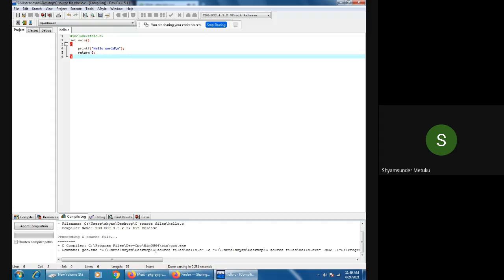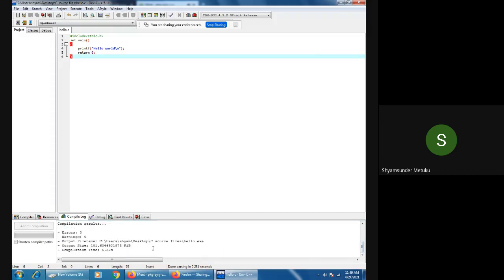The name is I think GCC compiler only used. When I say GCC compiler, int will be taken as 4 bytes. So here hello.exe is generated, you can see. So under the C source files, the moment I do the compilation, it is trying to follow through all the process. Editor means we have typed the program, then preprocessor is happened, compilation is happened, assembling is happened, linking. Loader is not there, only up to linking process is completed, and here you can see hello.exe.